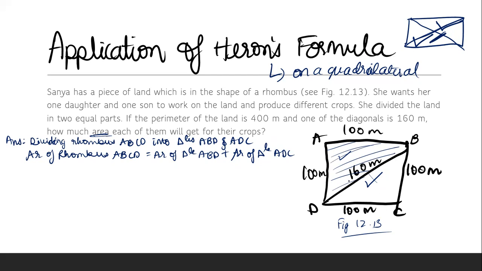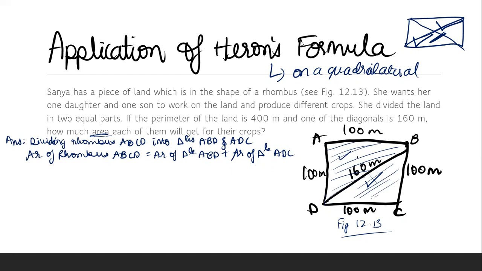Why is that? Because here we have the same side. See, that means in ABD we have 100, 100 and 160, right? This diagonal is the third side of triangle ADP. We all know that. And it is also the third side of triangle TBC, and the other sides are BC and CD. So you see, it's all the same side. So if we again find out the area of this triangle, we will get the same thing only.